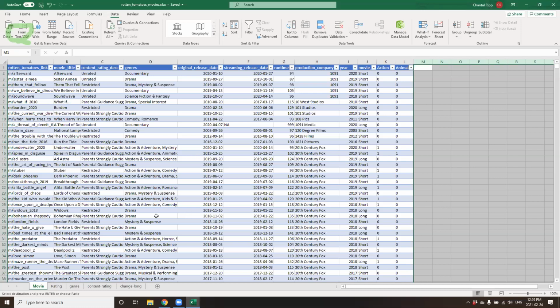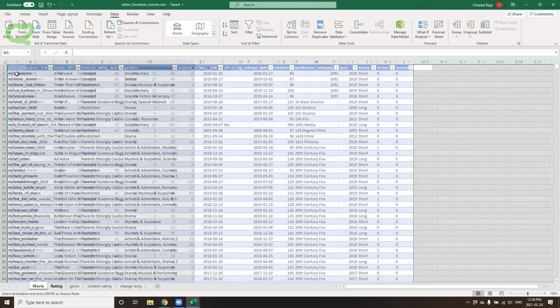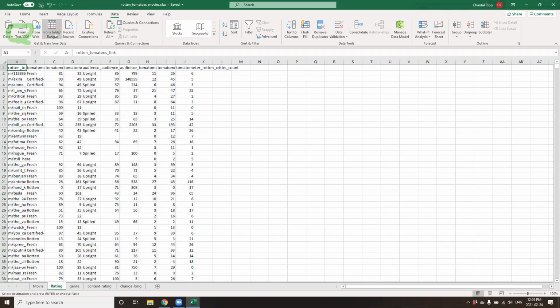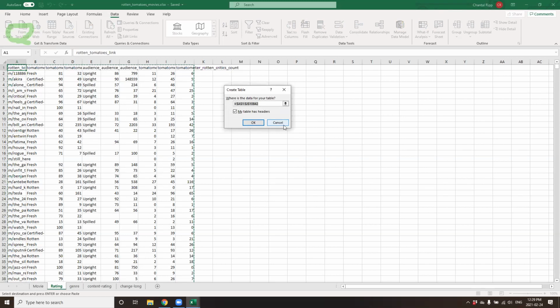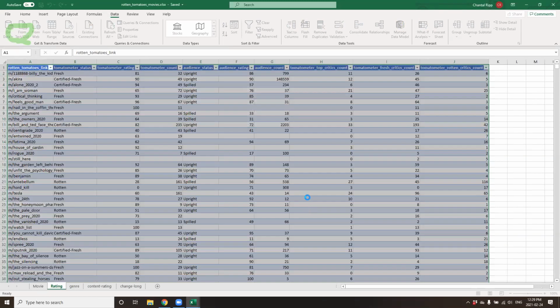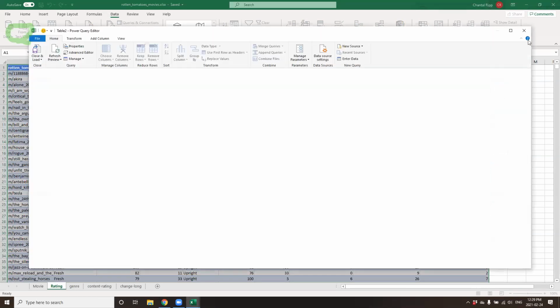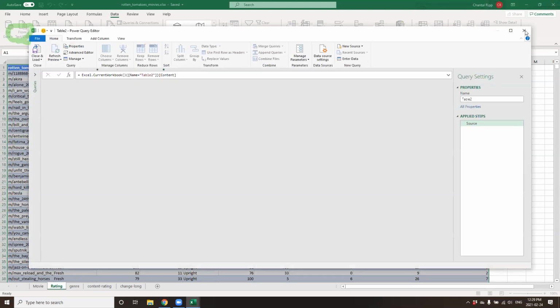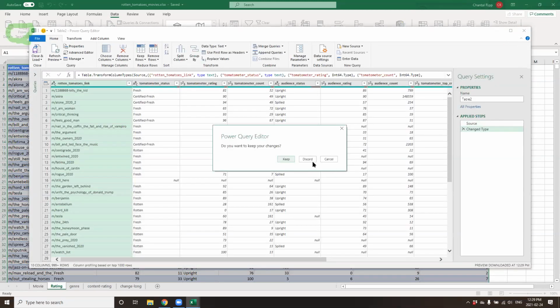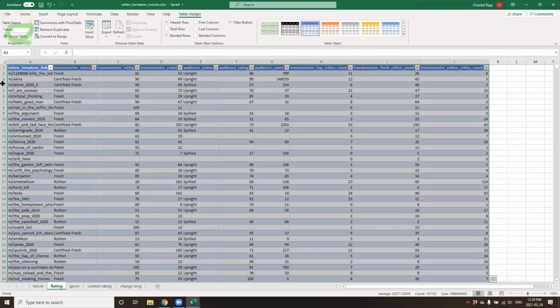So what I'm also looking at doing here, I'm going to change my ratings into a table as well. Not table range, pardon me, create table, yes. Do not know what's opening so fast. Discard, I am not in the table query function. What I'm looking to do is just rename my table to rating. Okay.